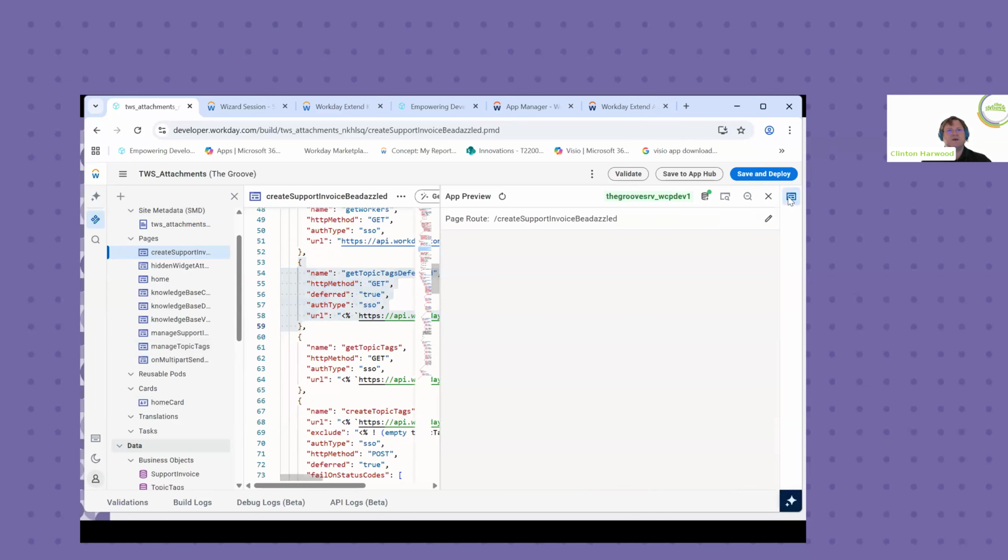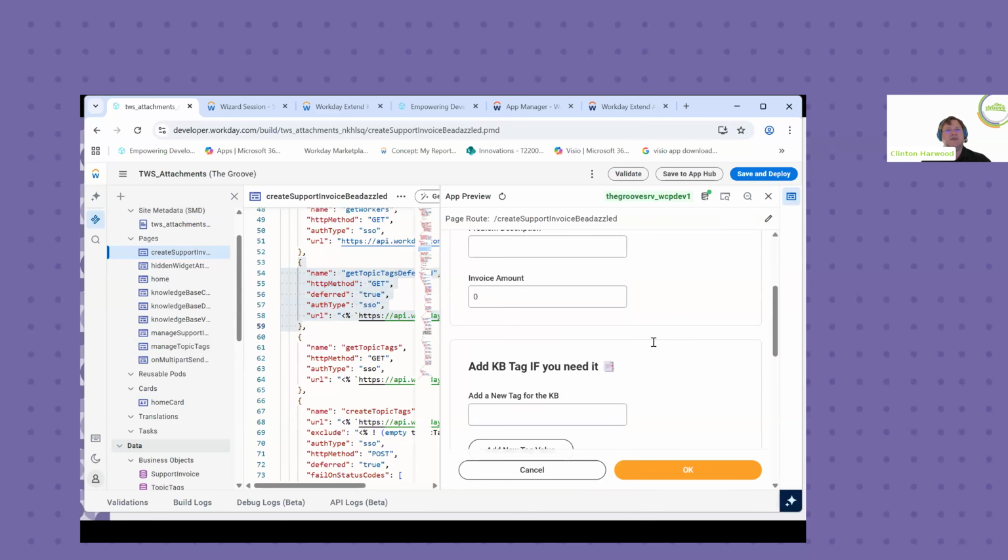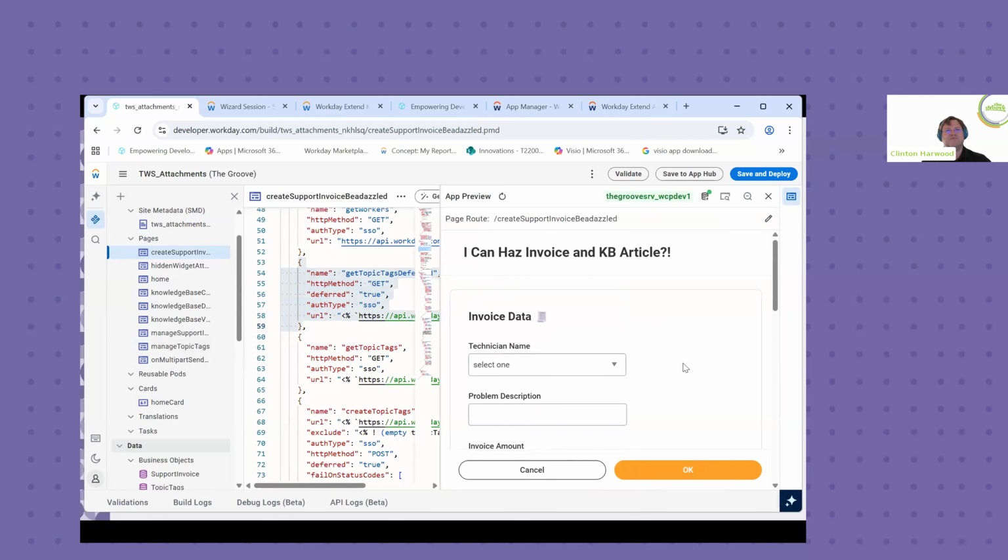So whenever we're putting in topic tags or something with tags, a lot of times people ask, well, hey, can I add a tag if I need it? And of course, I have to thank Angie for all of the help with the emojis. I'm getting better with it, but